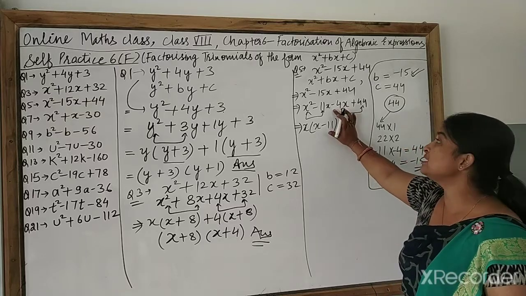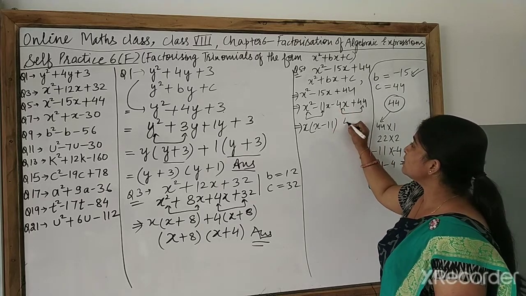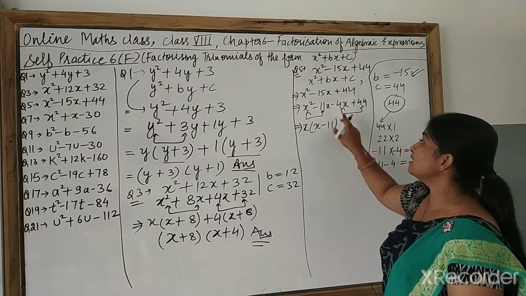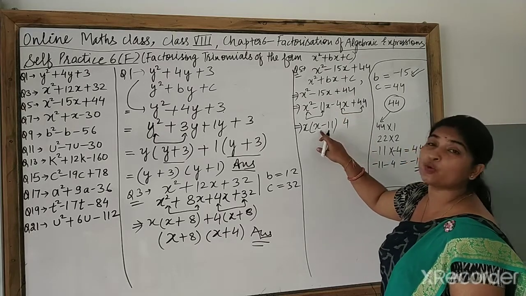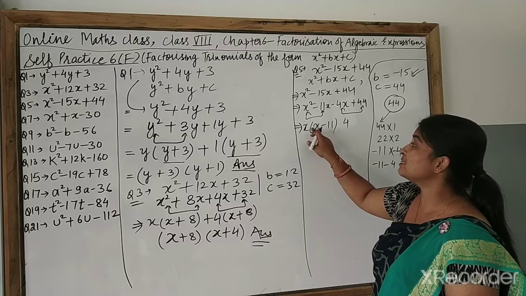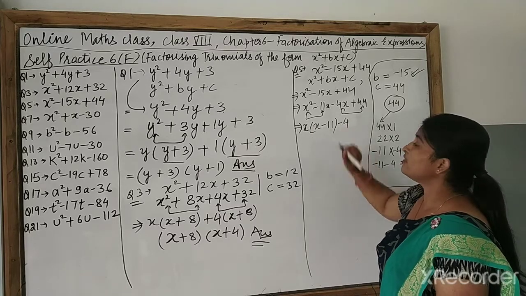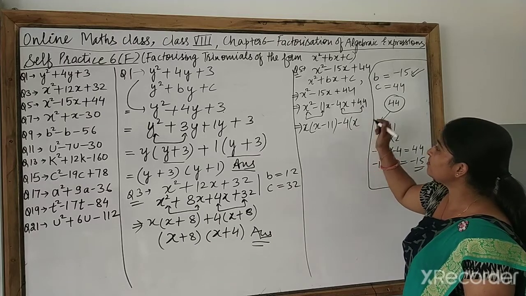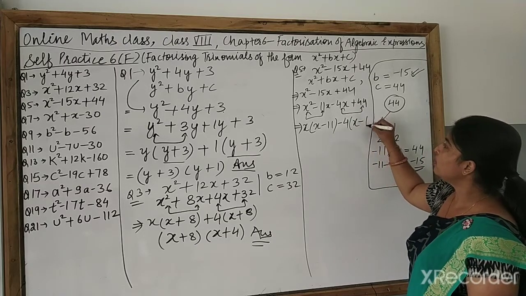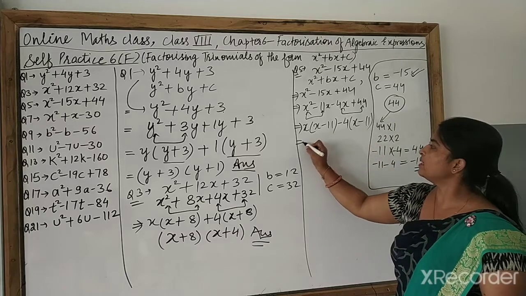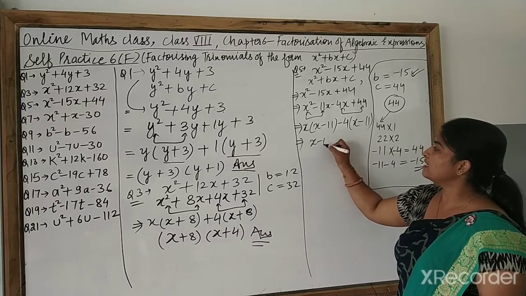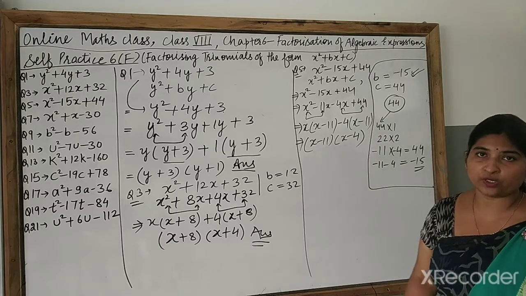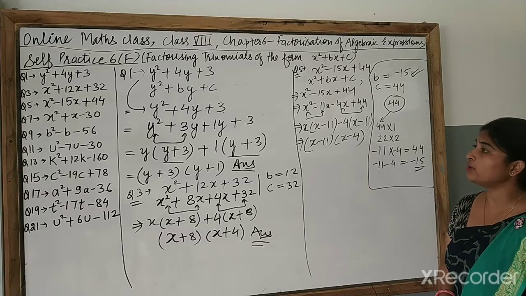Now here you can see again the same thing. 4 is coming, but we should take plus or minus. If you are taking plus, then the answer will come in minus. But we require the answer in plus. Why? Because x is here in plus. So minus 4 we will take outside. So what is left over here? X. From plus you have taken minus, so minus will be left. 4 times 11 will come. So yes, the middle one we are getting same. So x minus 11 taken outside. What is left inside? X minus 4. Got it? So this is your question number 5.